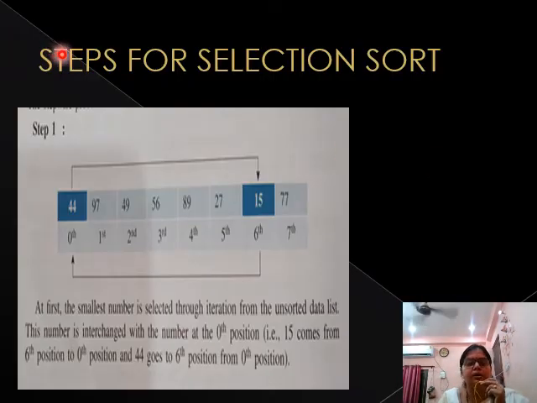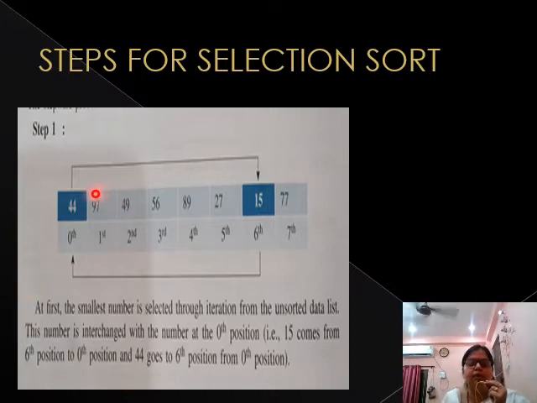These are the steps of how we are going to do it. This is just for you to understand. You only have to write the theory portion of what is selection sort, and after that you have to write the steps of the selection sort program. These steps you do not have to write down in your copy; they are only for your explanation.